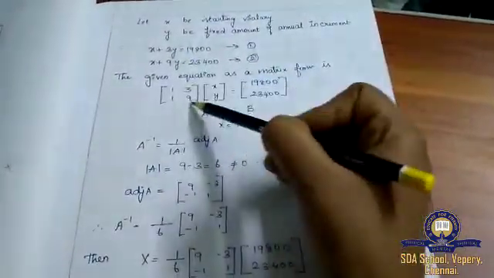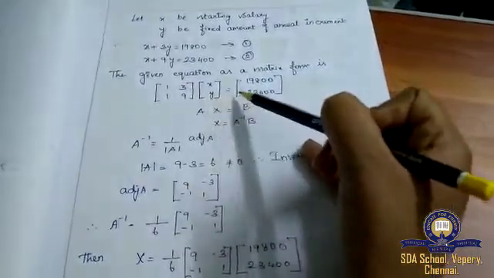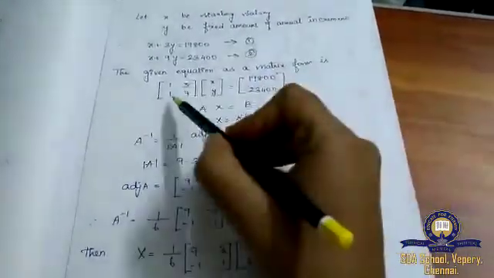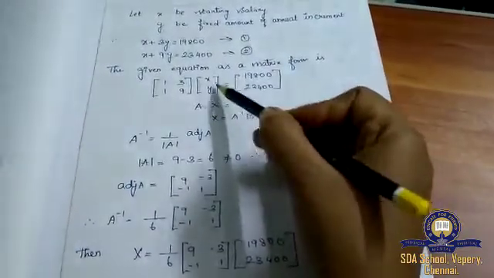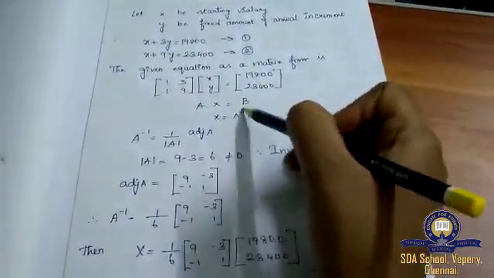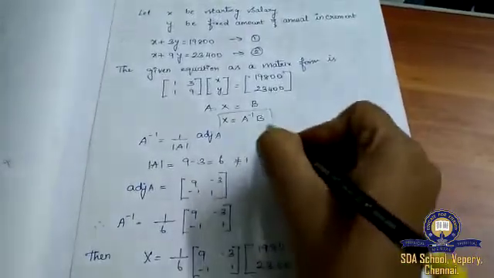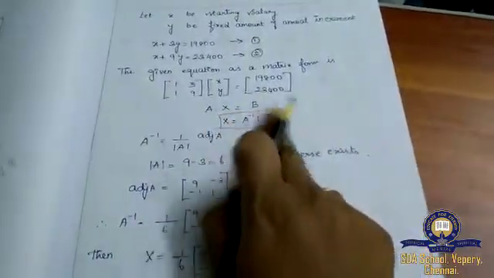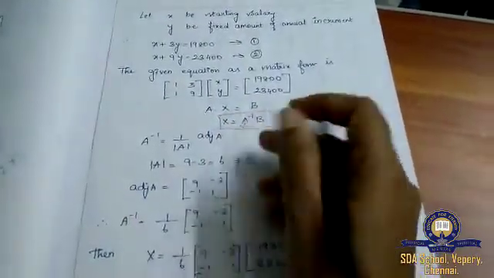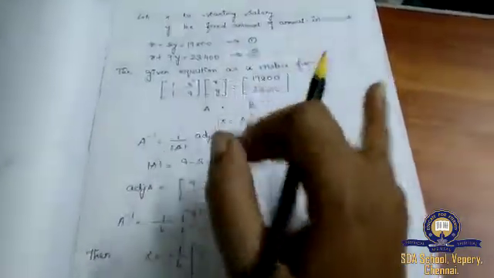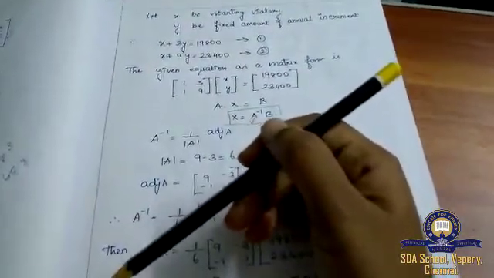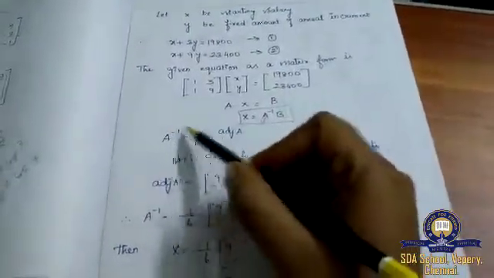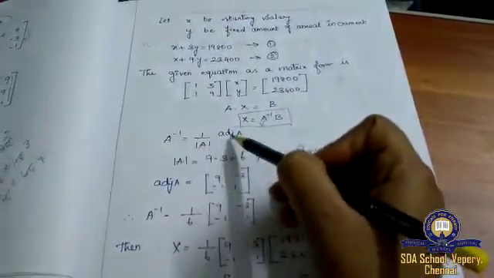I'm taking the coefficients first, and x y, which is equal to this value. Always take your first matrix as A, and your variables as capital X, which is equal to B. From that you take your formula X is equal to A inverse B. And after that, the previous sum we have done, same thing only, no other changes. The only thing is you have to take the equation from the question, like a statement question. So A inverse is equal to 1 divided by determinant A times adjoint of A.